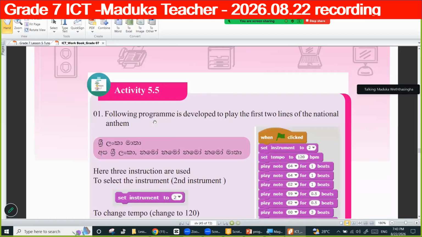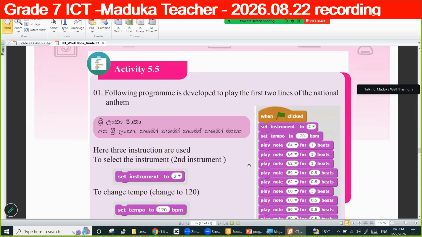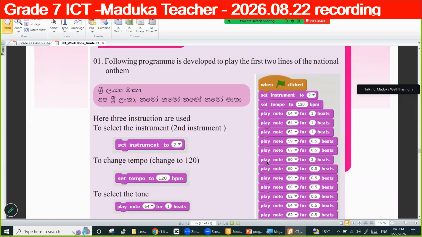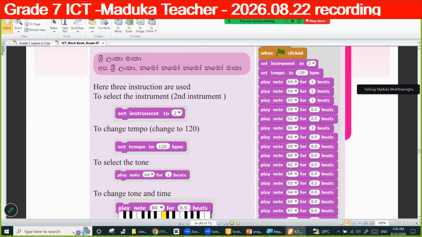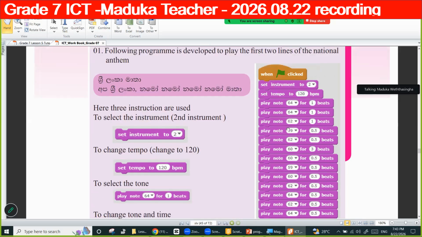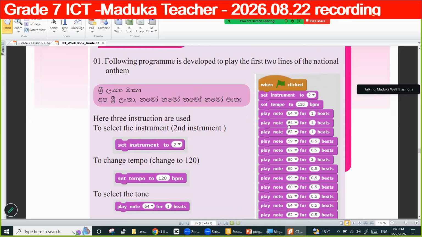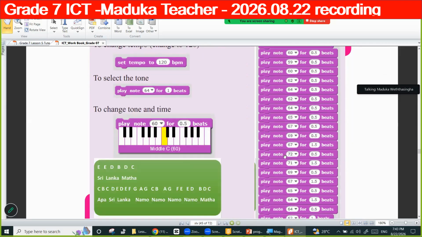The following program is to play the first two lines of the national anthem. Right. This is your homework. You have to develop a Scratch program to play the first two lines of the national anthem. Sri Lanka Mata, Sri Lanka, Namo Namo Namo Namo Mata. So here you can select any instrument and select any tempo. After that, here in your workbook, you can see the related notes to play the first two lines of the national anthem, right? So you have to just select